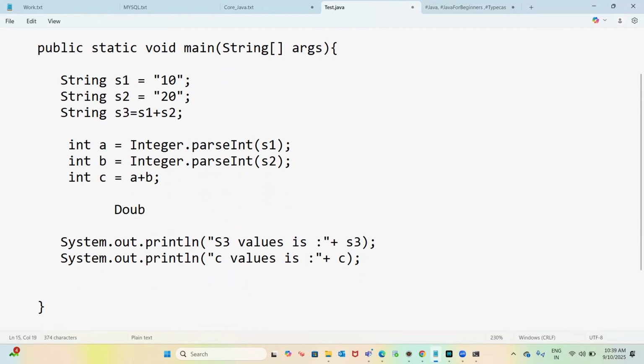Capital D, Double dot parseDouble, right? parseDouble. And it is taking the string value s1. And what does this parseDouble return? The primitive type double. So double d equals